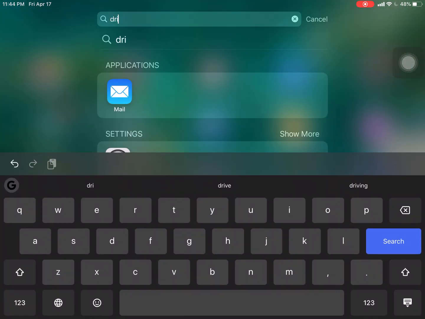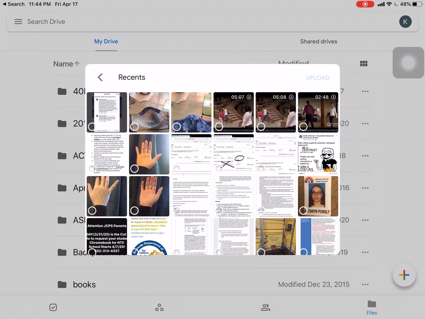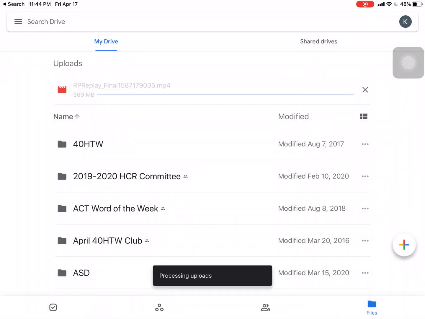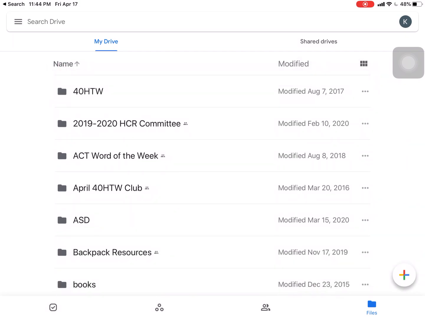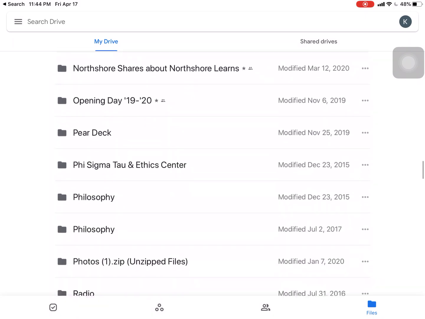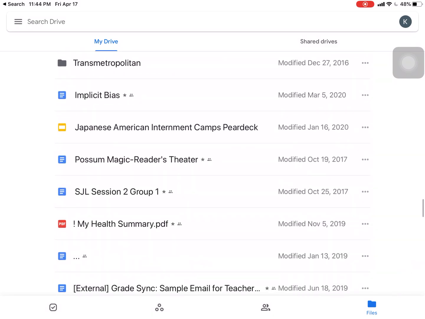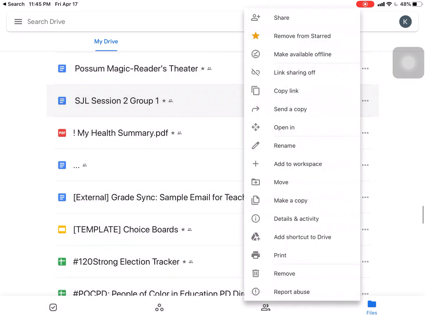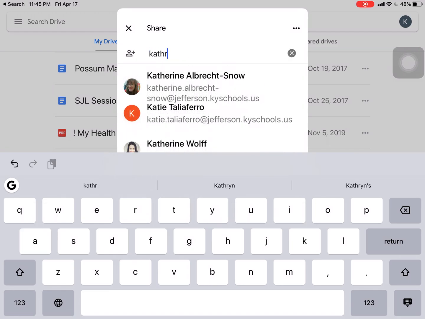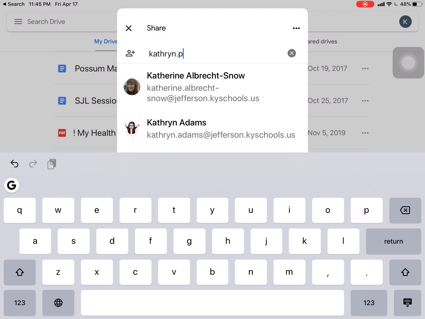Another great way to do it is to go to Drive and then pick the file that you want to share. You're going to hit upload in that corner, and it's going to start putting it up there. I'm not really going to upload this though. And then remember, once you actually have a file that you want to share, you need to put in the email address that you want to share it with. So you're going to click on it, you're going to type in the email. In this case, maybe it's me, Miss Punsley. If I show up on my own,